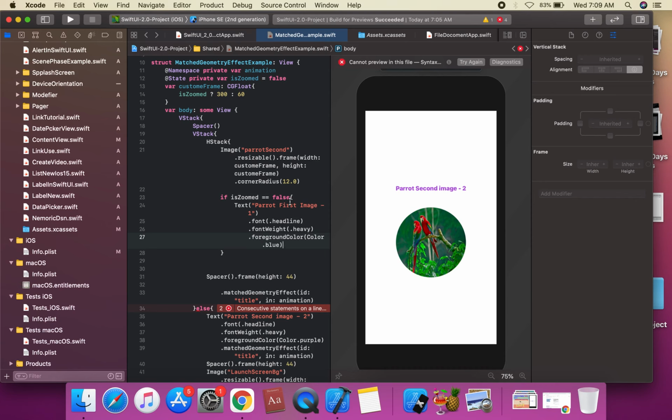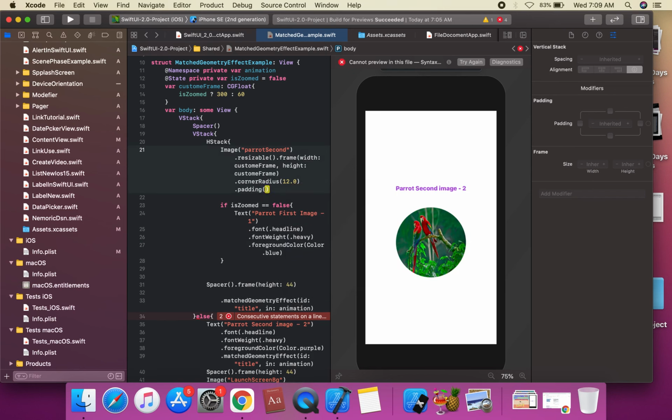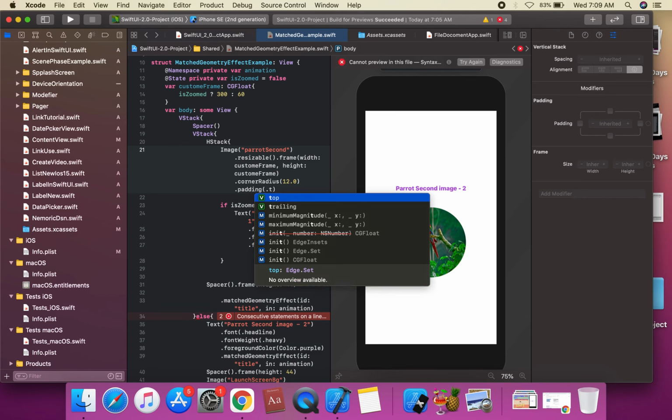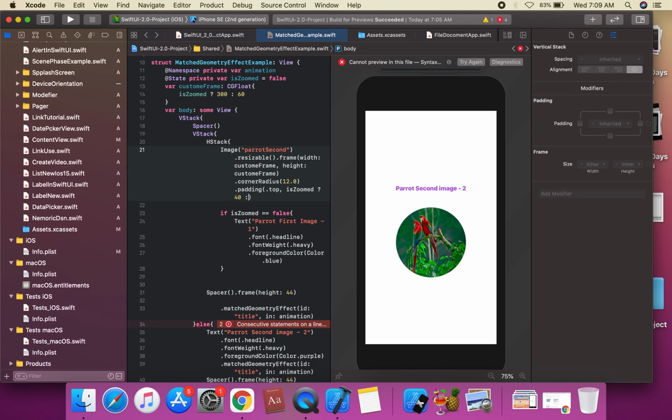We're gonna assign on this text. We're gonna apply this padding. Suppose this is a dot top padding. Assign on this top padding: if isZoomed is true, we're gonna assign the padding as 40. Otherwise, if false, we're gonna apply the padding as 0. We will not apply on this padding.